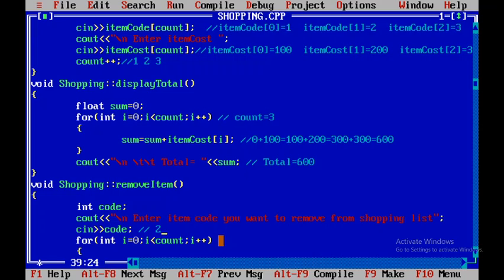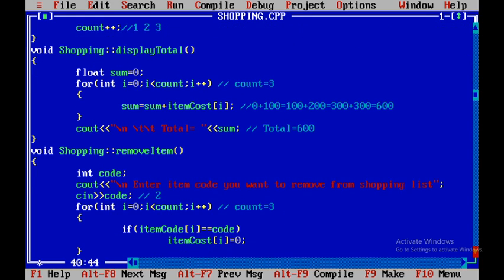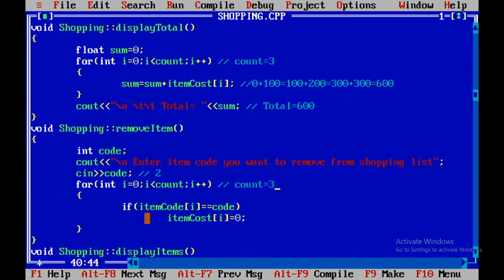Remember count is 3. That means for i equals 1 to i less than 3, our for loop will execute. The first time the for loop executes, atom code of 0 was 1. 1 is not matching with 2, so this if statement is false. Next time, atom code of 1 is 2.